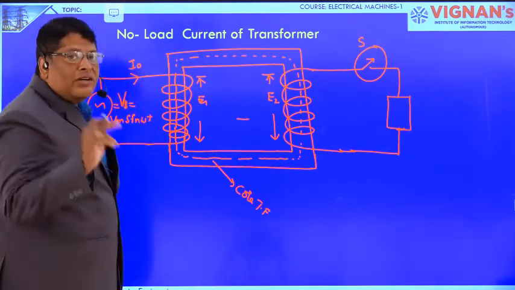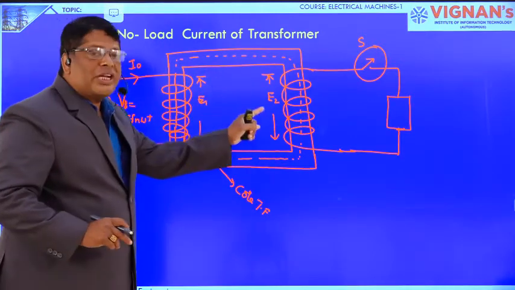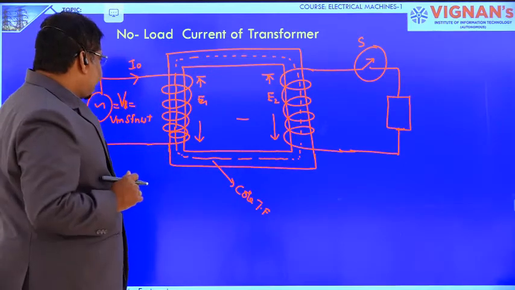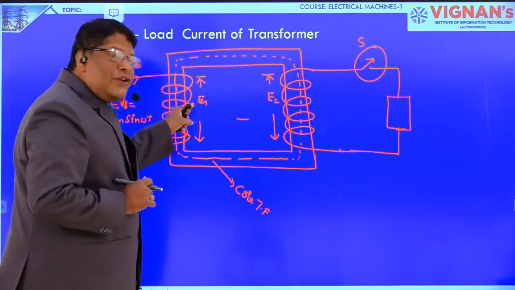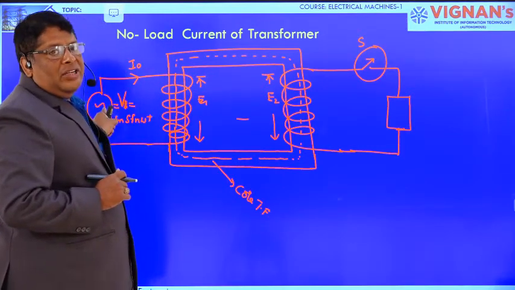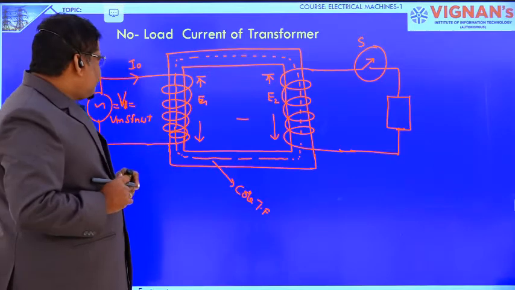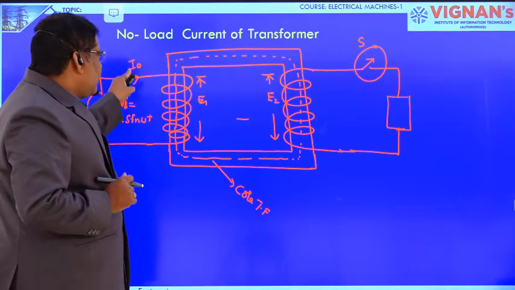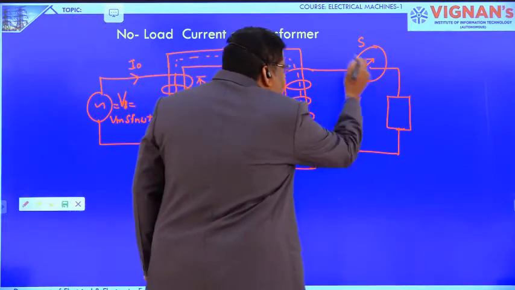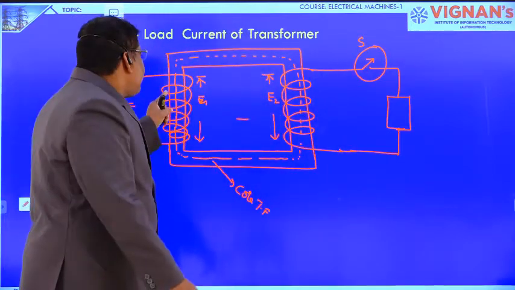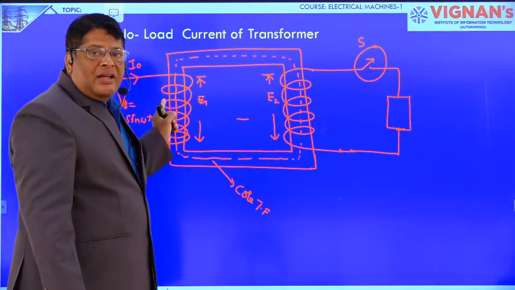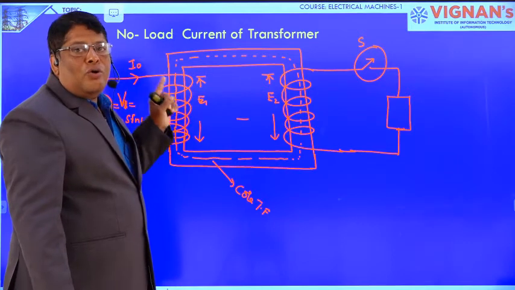Here, 1 stands for the primary winding, whereas 2 stands for the secondary winding. Now, the self-induced voltage in the primary winding opposes the supply voltage. Even if you are not connecting any load across a transformer, the primary winding is taking some amount of current from the transformer supply. That current we call the no load current.